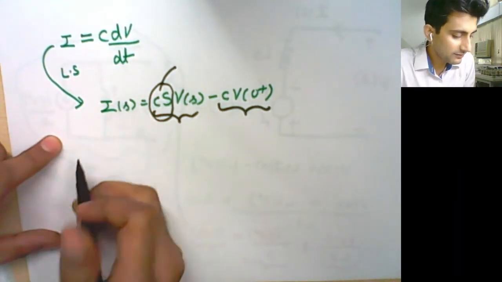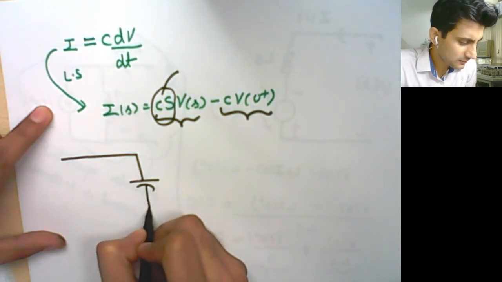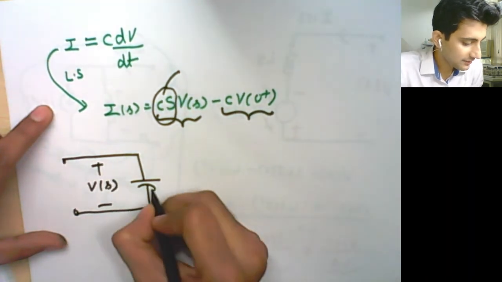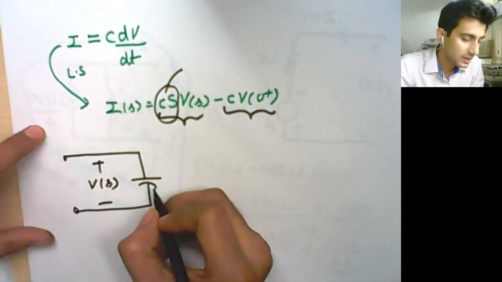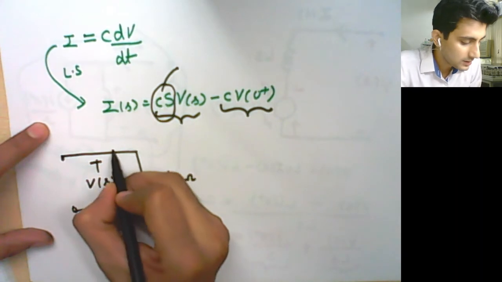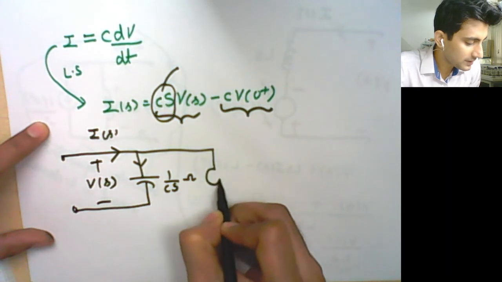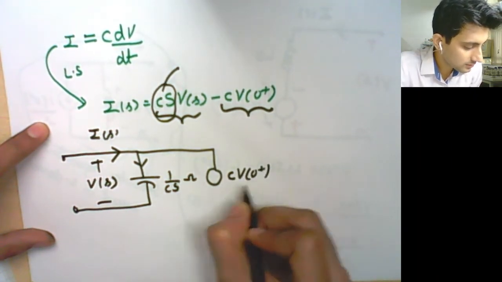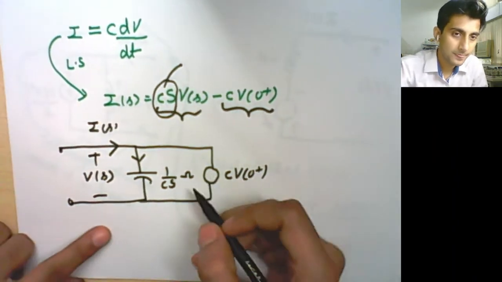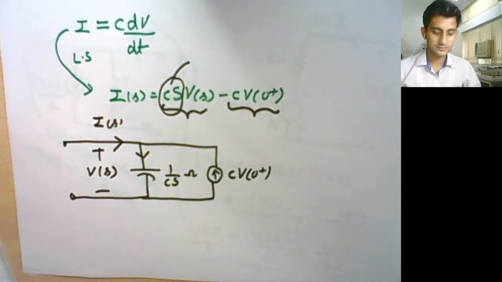Fine. So if I have to draw a circuit again, I can make it like a capacitance itself, across which the voltage difference is Vs, and the value, if I take it in ohms, would be 1 upon Cs; if I take it in mhos, it would be Cs. No problem. So the total current Is is flowing, some portion is there, and the other portion would be equal to C times V(0+). And because of the negative sign, what would be the direction? Downward or upward? Upward. Yes, there would be an upward direction.